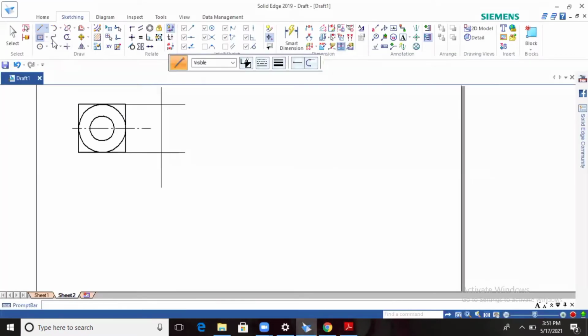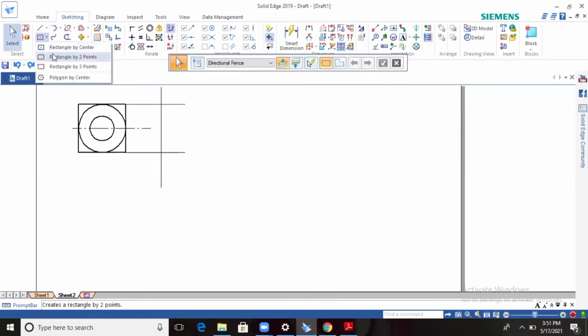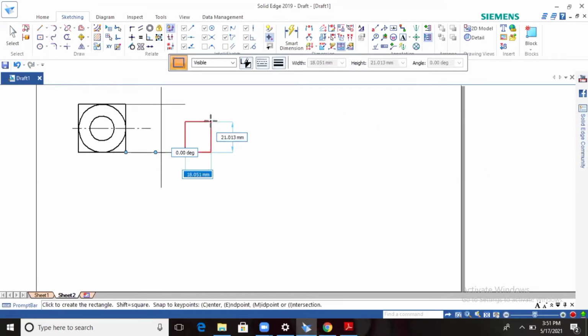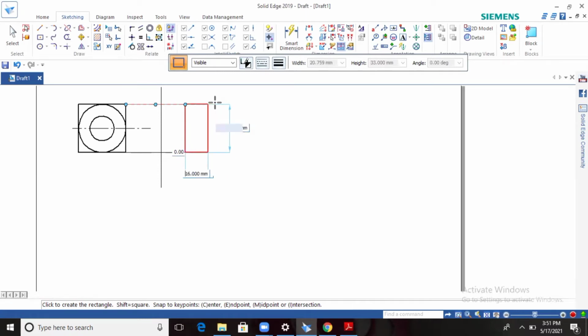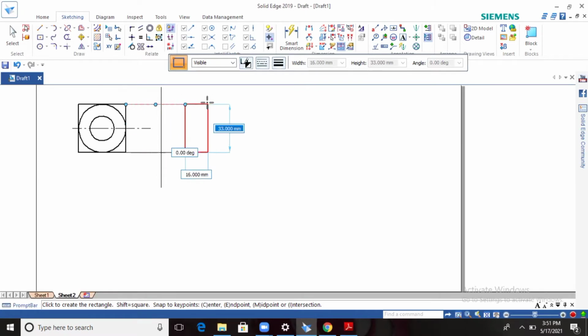Otherwise, go for rectangle. Try to do this one up to here. See, look at this one. It will ask for 2 points. So 16 is there. Type it 16. Enter, and up to this point, 33.